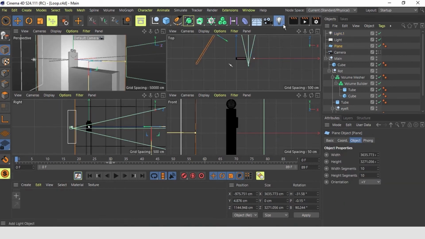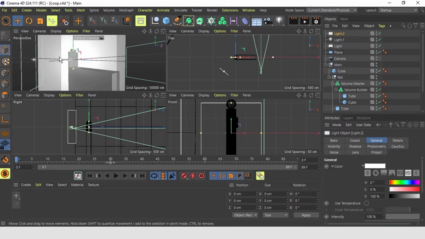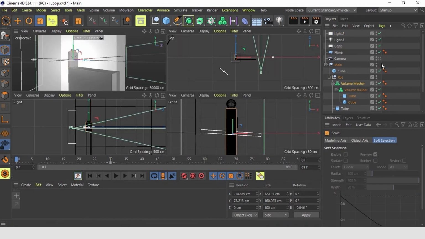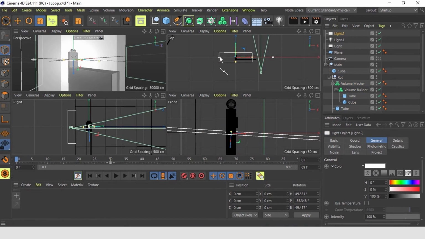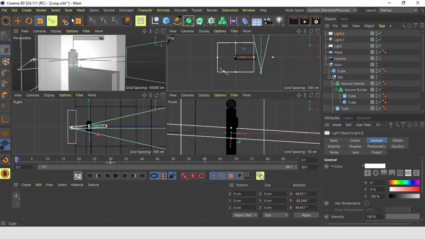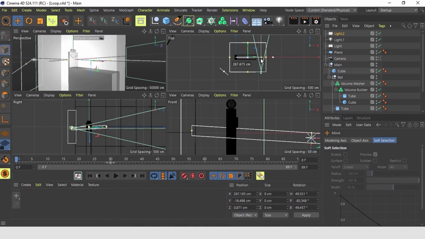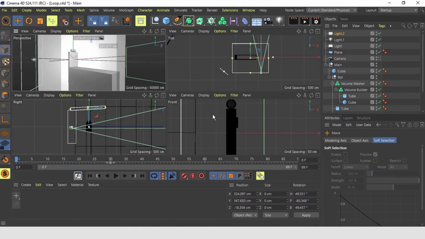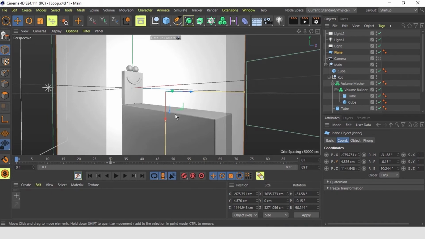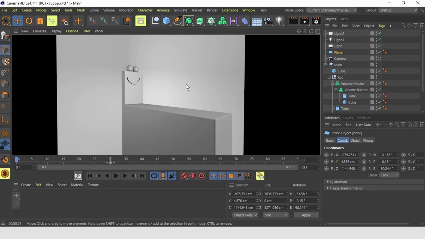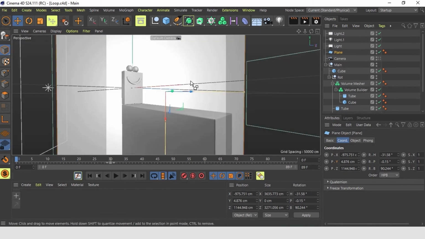And let's also make a big top light. So we create an additional area light and let's rotate it so it looks exactly down, 90 degrees, and we move it up, and we make it a lot bigger and move it more up so that we don't see it anymore in the camera. And let's bring it down and it looks nice. Good. So this is more or less the lights setup.